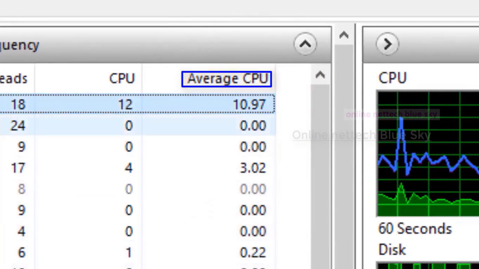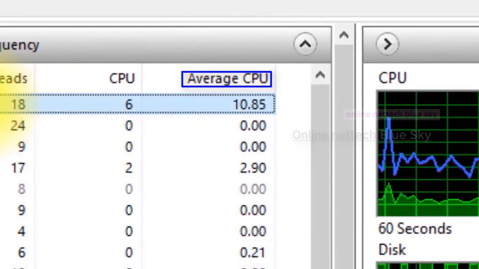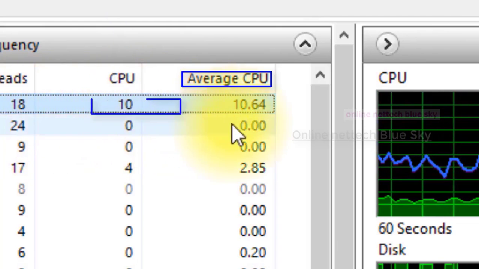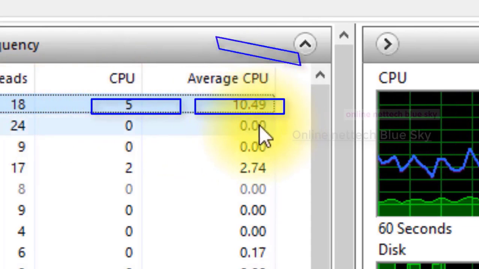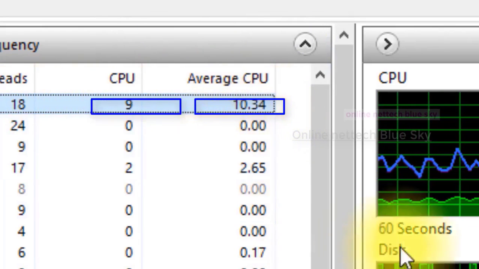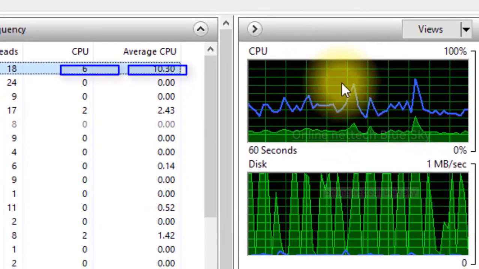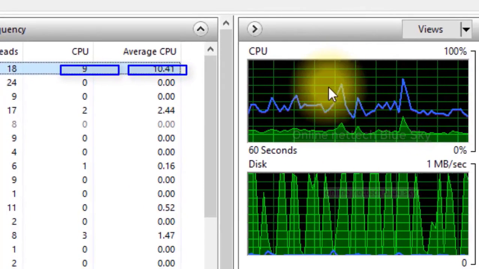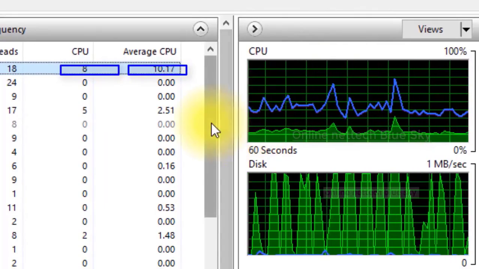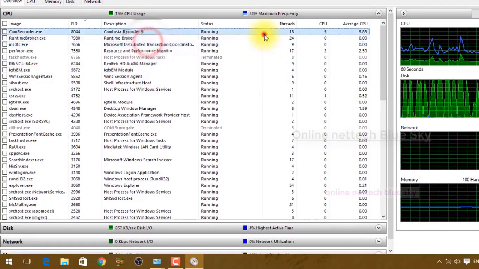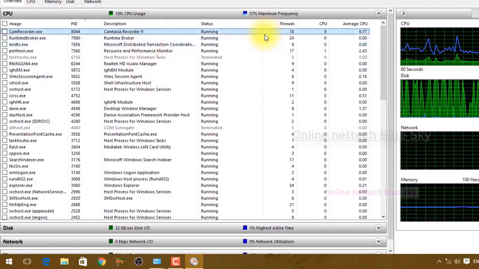Average means your CPU load, and CPU thread means your system files working with the CPU. You can see the count here in very high mode, up to 10 to 50. So it is a very slow software with a very long processing time. So sometimes your computer is very slow.